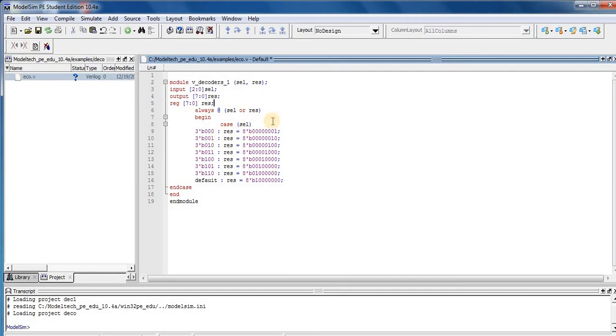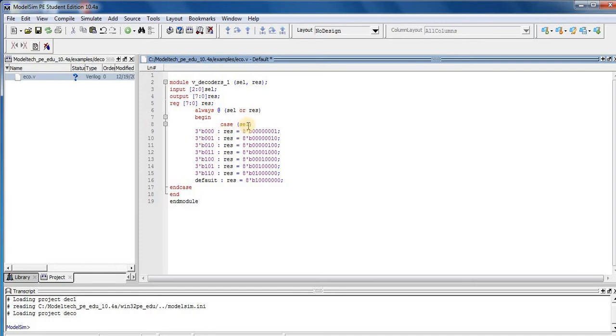In the case statement on SEL, if the 3-bit input is 000, then our RES output of the decoder is 00000001, with 1 at the LSB.